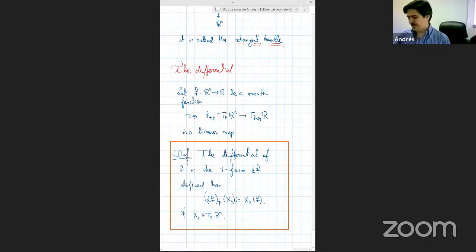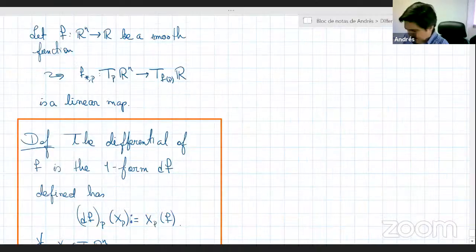Okay, so it was a review with a different point of view of differential forms on Euclidean space only. Questions or comments? Right. Now,